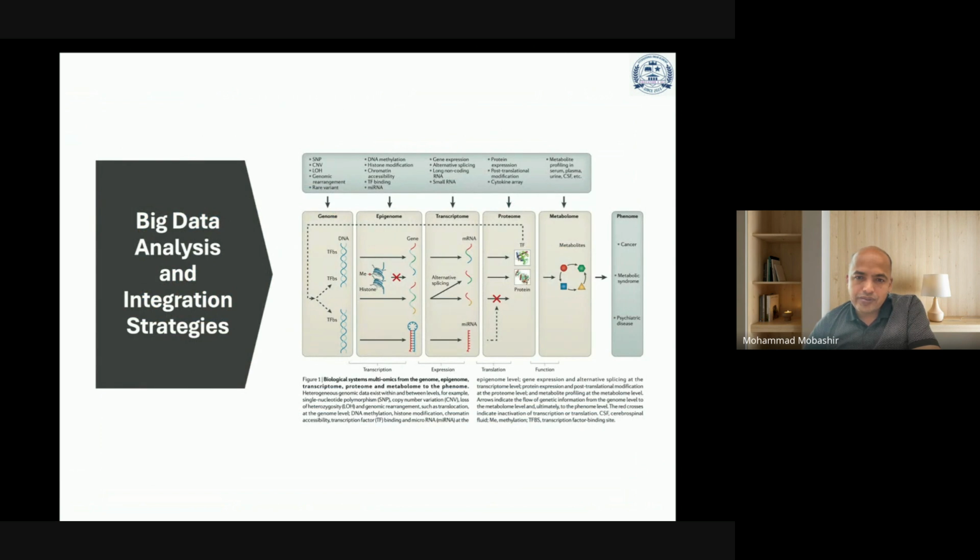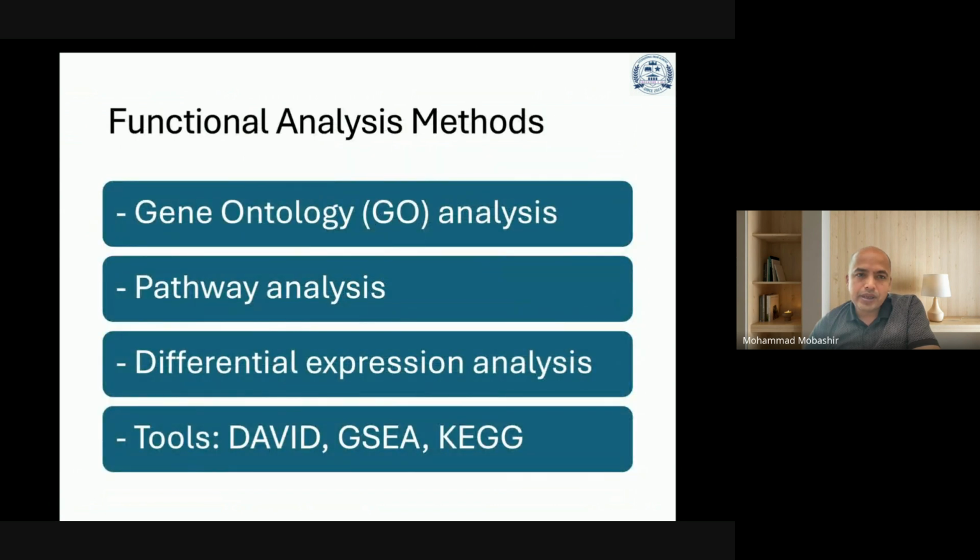To read this review paper for better understanding of the multi-omics data. And then there are some advanced or most relevant parts in big data analysis, which most of the people prefer to go for analysis at this level, that is called functional analysis. And the basic thing in functional analysis is gene ontology analysis, where we go for